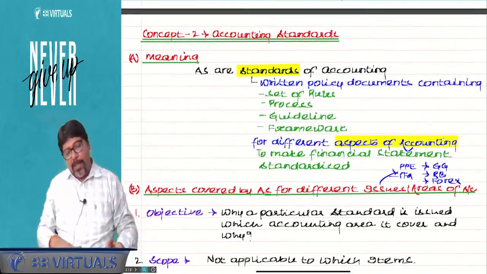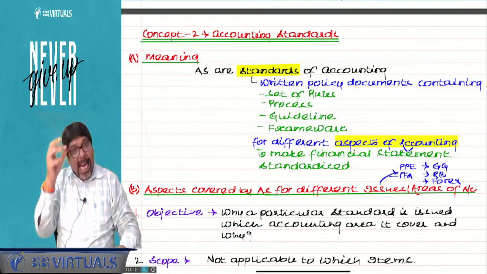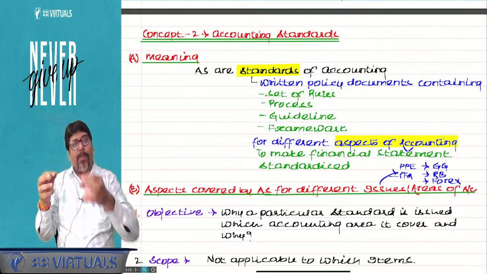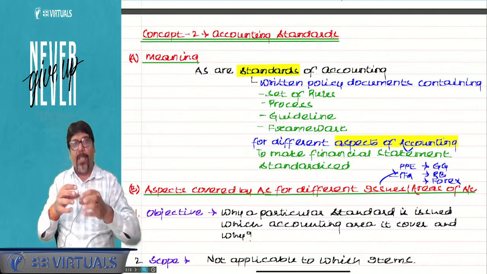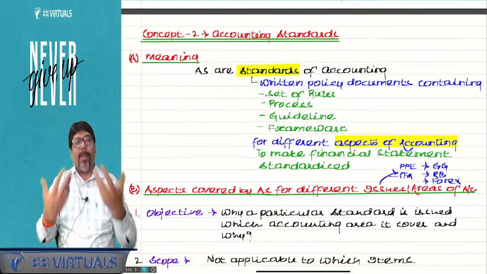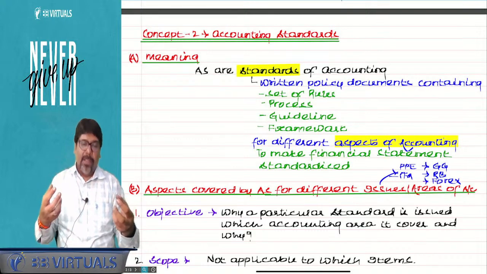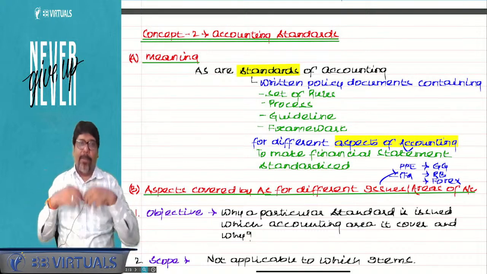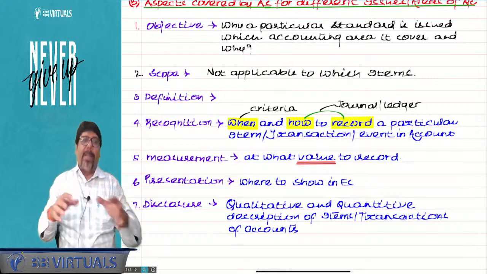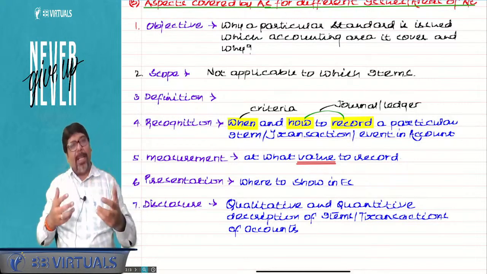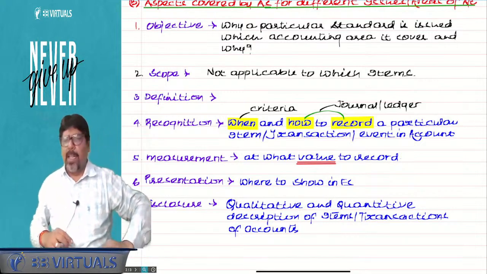So we understood what accounting standards are. First we understood why accounts. The answer to why accounts was profit and loss. How to find out profit and loss? Financial statements. Who will prepare financial statements? Chartered accountant. For whom will it be prepared? Users. What's the problem with the users? Comparability. Why is there a problem in comparability? A lot of alternatives and lack of alternatives. Hence, to solve this issue, we have got accounting standards. What are accounting standards? Accounting standards are a set of rules to make the accounts standardized. Am I clear? What are the aspects of accounting standards for different areas? There are 7 aspects, and these are the 7 aspects. Am I clear? Yes or no?